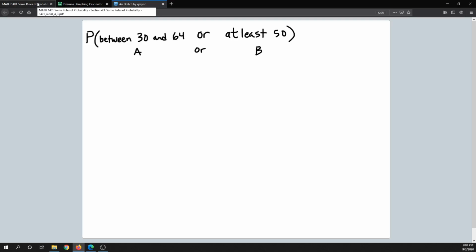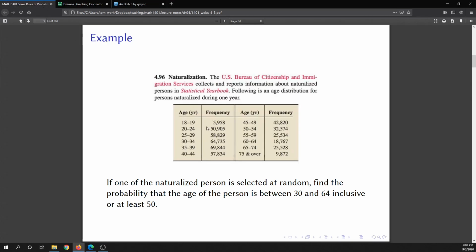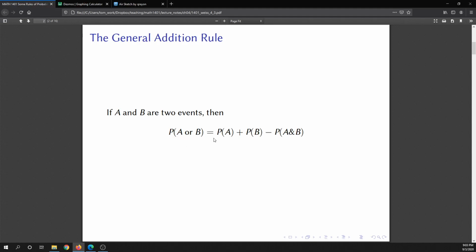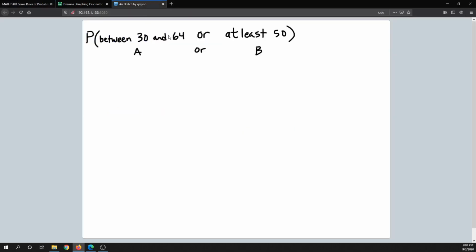And so what I'm going to do is go back to the chart here and look at the chart. Actually, before I do that, I am going to go back to this formula right here. So we're going to use this general addition rule. And so I'm going to write that out. So that would be the probability of A or B,